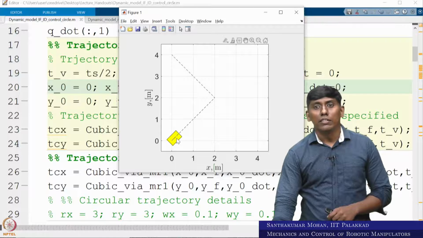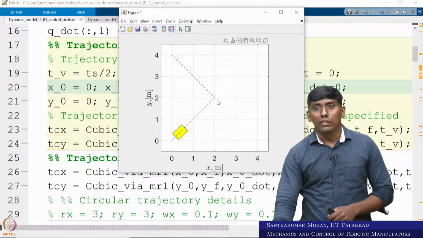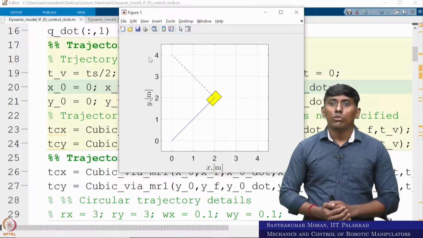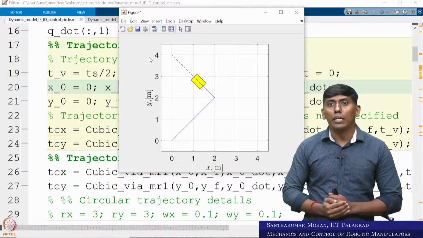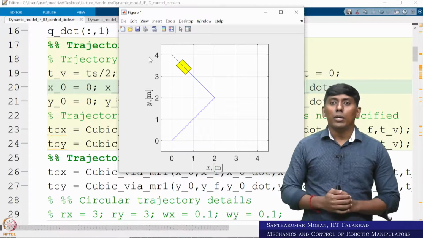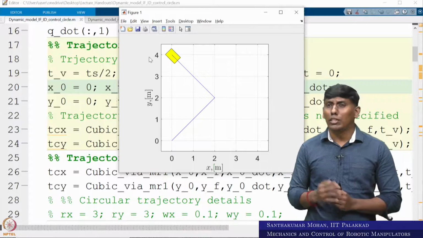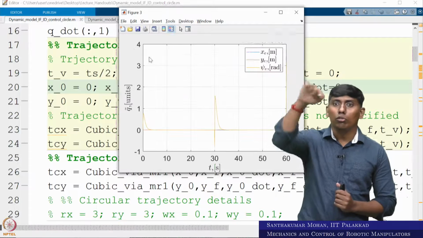You can see this is with two segments, in the sense the end point velocity is 0, and you can see it goes backward, right. So there is a switch over happening, because it is ending. But in a mobile robot, this is not really preferred. You want it to be smooth.